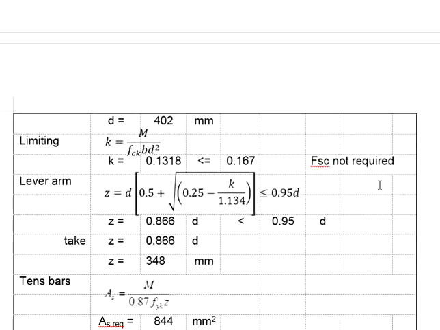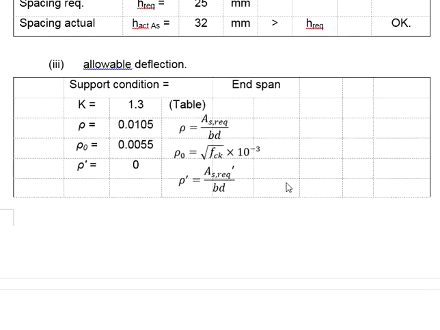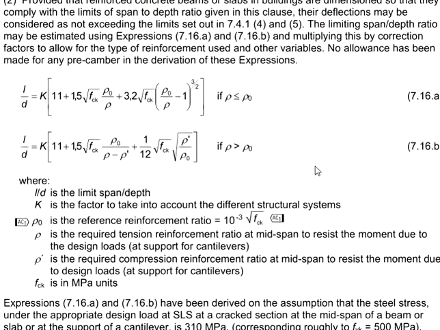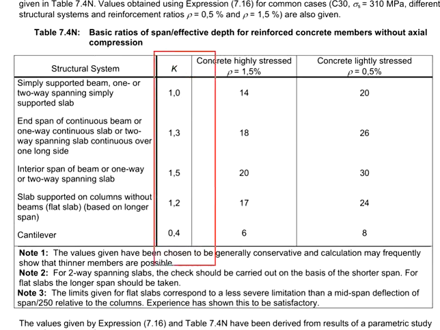If you look at your previous calculation step, as given in the previous videos, the K is less than 0.167. That means no compression bar is required. When there is no required compression bar, the row prime will be equal to 0. And then in the equation, there is a K. This is a factor for you to determine the limiting L per D ratio. You may obtain the K from table